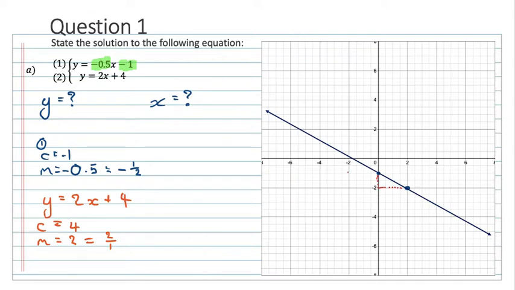Graphing this, looking for 4 on the y-axis, we are here. Then using the rise over the run, we go up 2 and then across 1. So up 2 here and then across 1, so here. It's this point and this point. So if I get another line to draw,